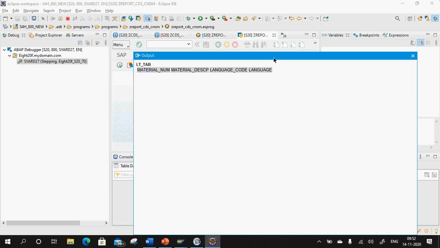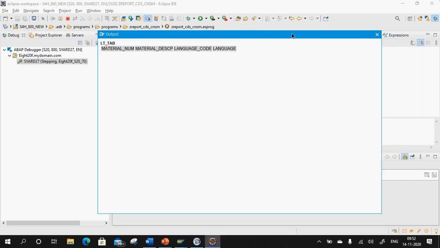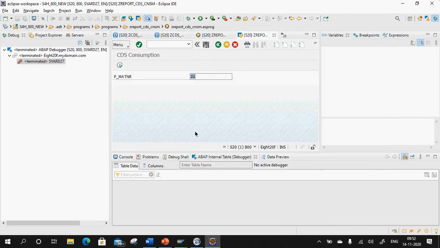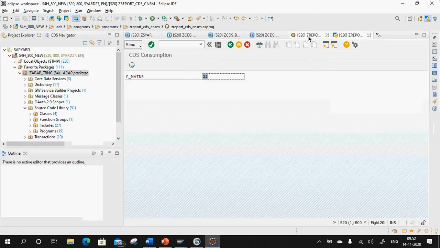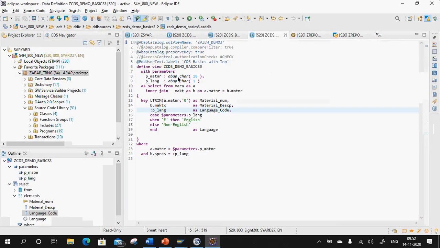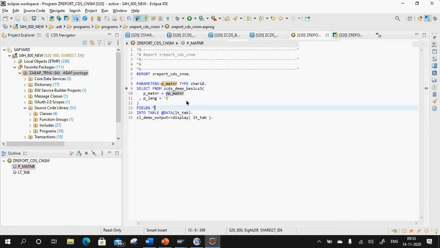Now guys, did you understand the point? Why it automatically worked out when I give matnr, and when I give anything else it will not work out? Yeah. Guys, now are you able to correlate? See here, in my CDS view, this is abap.char18. Here also, when I have given just char 18, the value will not be automatically converted to 000021 and all. It will just be 21, and hence it will fail again. Getting the point, guys? Now Harish, is it clear? Your point was the same. To add to that, I just added this. Understood the point, right?